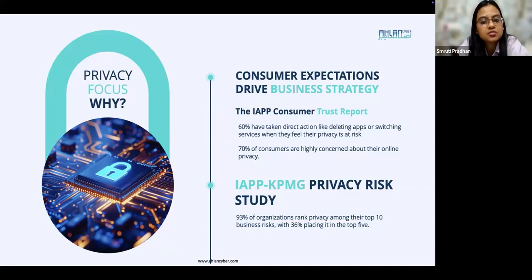93% of organizations today rank privacy risk among the top 10 risks. Now, this is a very important insight because when we look into an enterprise risk management framework, generally data privacy risks take a backseat. But based on this report today, since we have privacy laws in more than 120 countries, and Kingdom of Saudi Arabia is one of those countries, we see that a lot of organizations are prioritizing privacy. So it really tells us that the issue is way beyond just a compliance requirement, right?